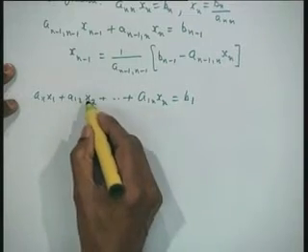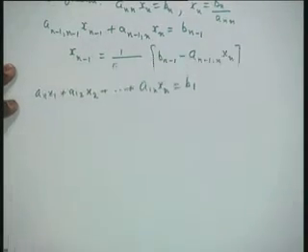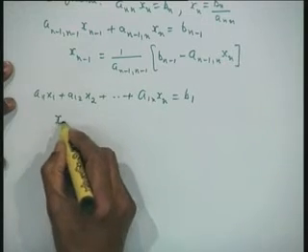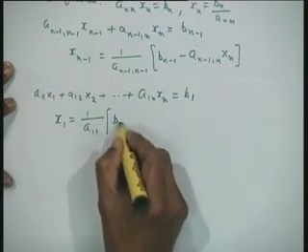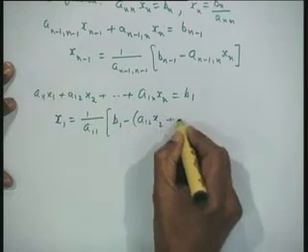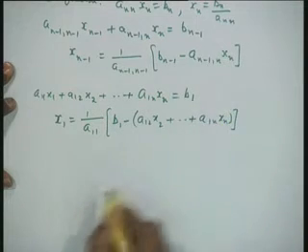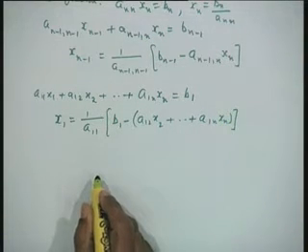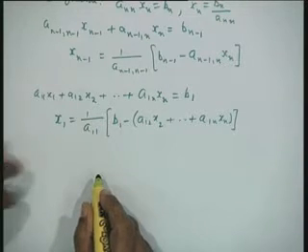Now, all these variables x 2, x 3, x n have all been determined by now. So, they all go to the right hand side, and therefore, I have the solution for x 1 as 1 upon a11 times b 1 minus a12 x 2 plus so on, a1n x n. Now, in this case also, the solution is very straightforward, almost trivial.